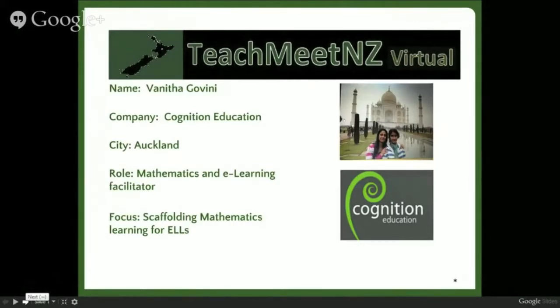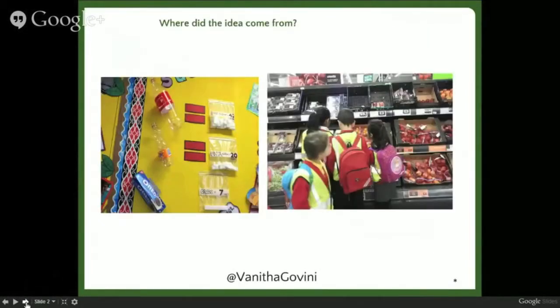And the presentation today, the focus is about scaffolding maths learning for English language learners. I noticed that a lot of English language learners are misdiagnosed, just like what Anthony was saying, because of the assessments that are not culturally responsive. In some cases, the GLAS were actually done in English, where the students didn't understand, and so the teachers were not able to identify the mathematical understanding of the students due to the language ability in English.